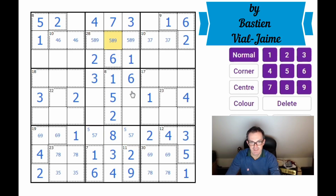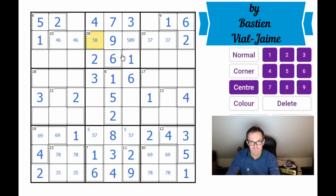This must be a 9. It's the only digit that can go in the square. Wow. So these two squares now, to complete this row, must be 8 and 9. Now, what can we do next that will be helpful? I'm sure you're all seeing things that...